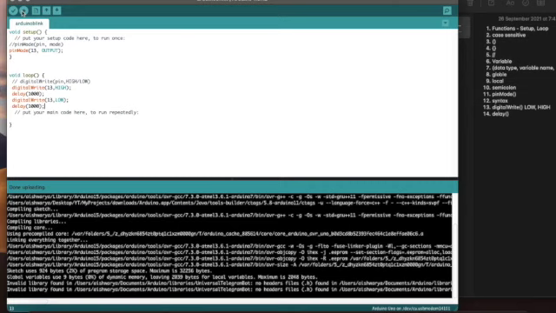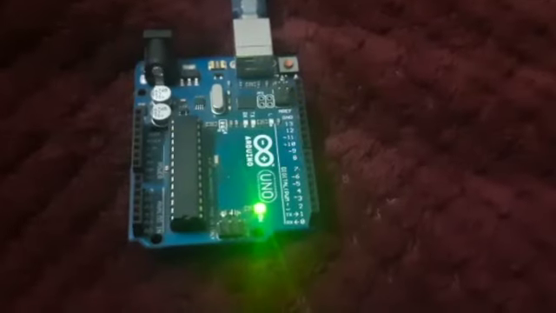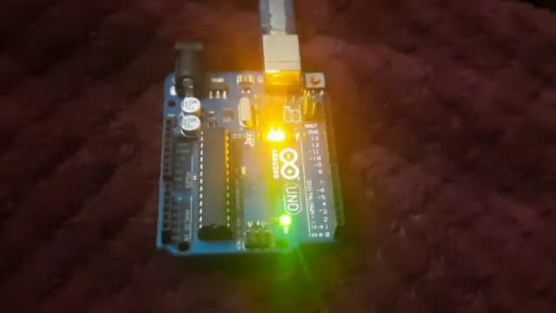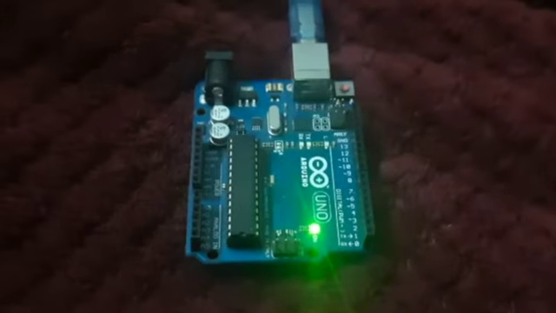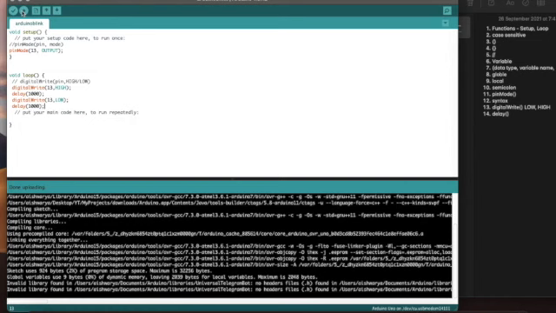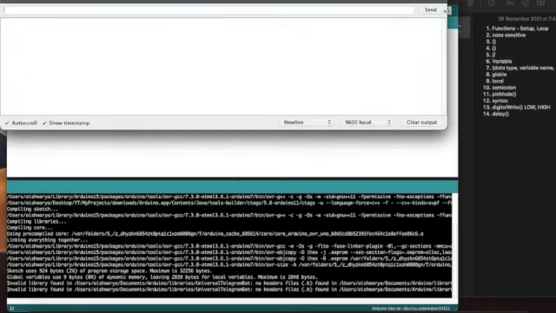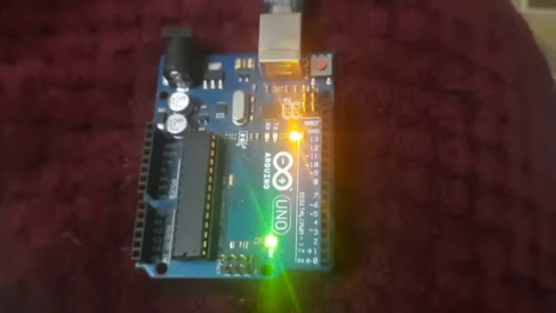It shows it is uploading the program. After this, once it is uploaded, I will just show you in a video how it looks. So this is how it is blinking